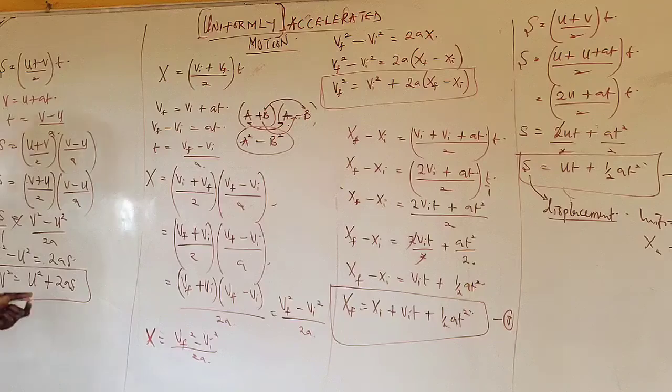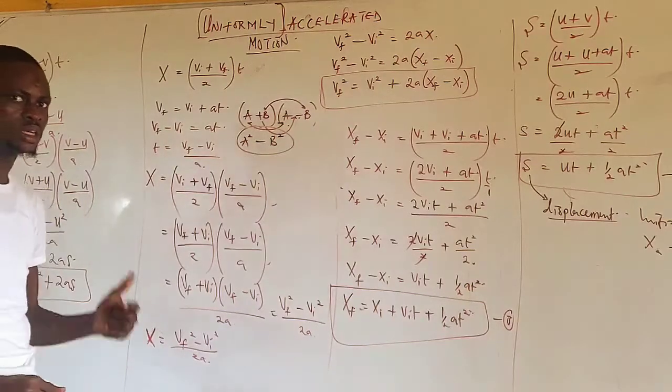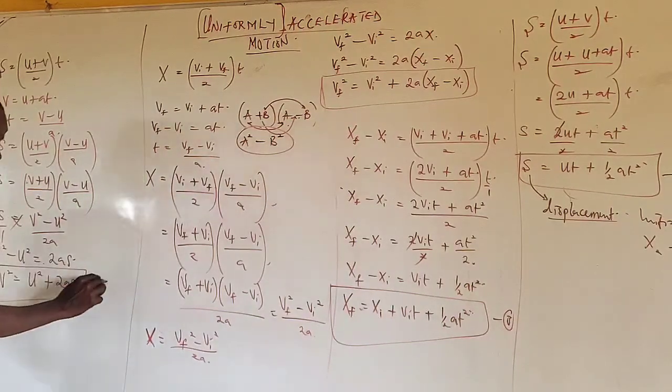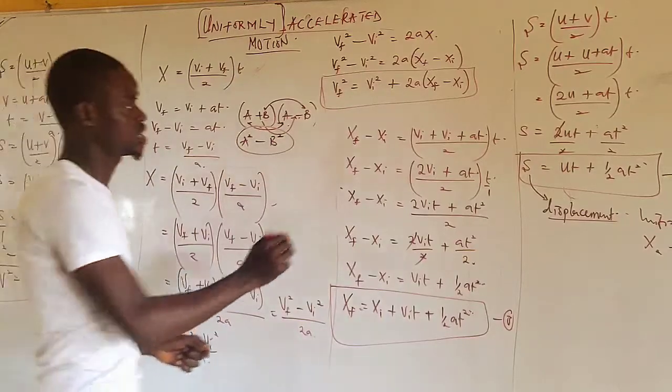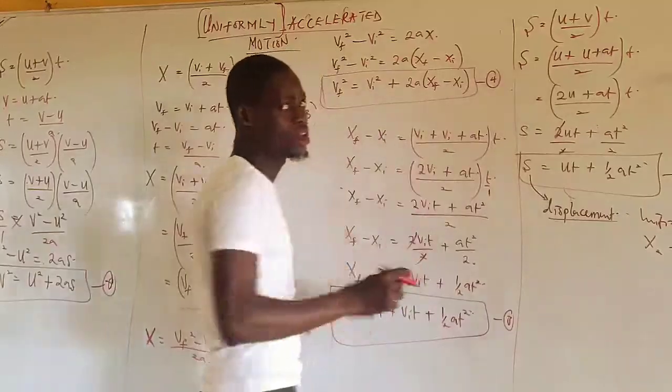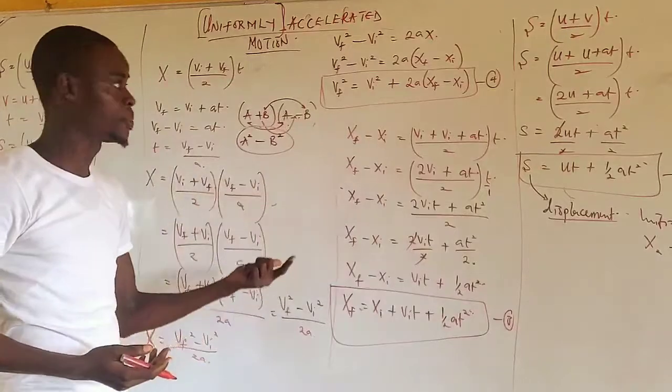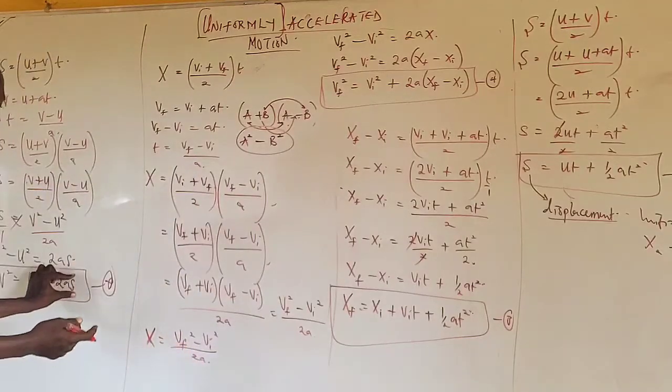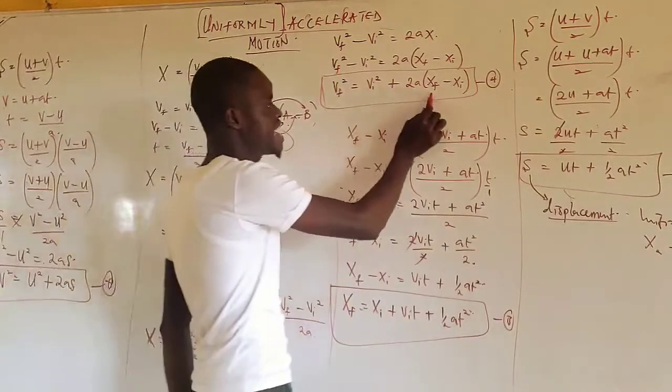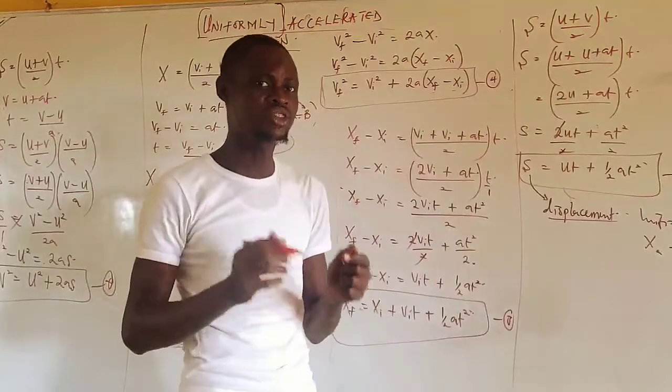Now, this is the equation of uniformly accelerated motion altogether. So this is the fourth equation. Now, note something about these two equations: this s here is dividing sf minus si. I mostly try to explain this